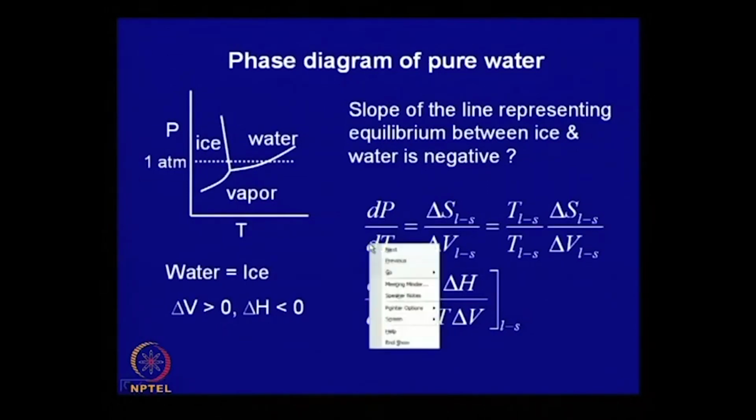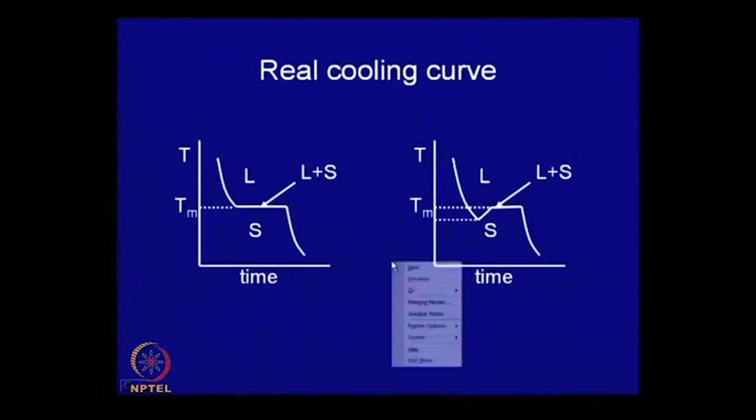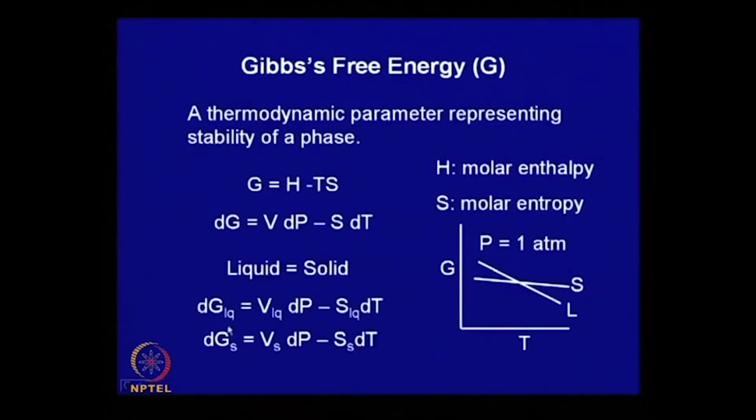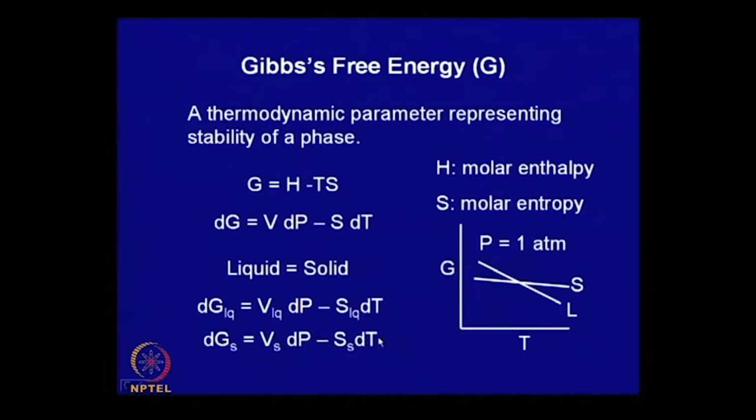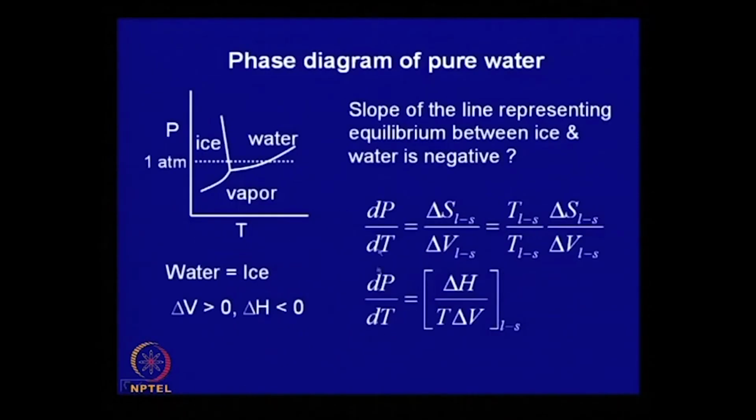If we equate the two, because both are equal at freezing point, and with a little bit of algebraic simplification, you will be able to show that dP/dT equals delta S